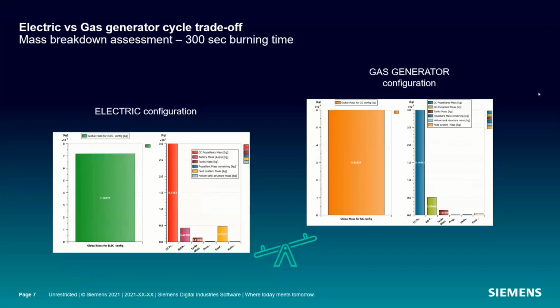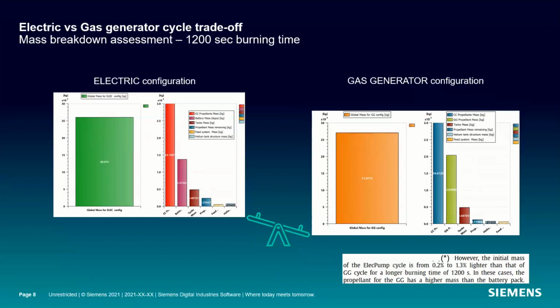The next level of analyzing for a trade-off study is you would pick another parameter, right? So maybe we did a mass breakdown assessment after 1200 seconds. We did it after 300, now we did it after 1200, and now it flipped. You'll see that the electric configuration is slightly lighter, roughly 0.7%, and that's what you see here on the bottom right-hand side, compared to the white paper, when the battery is fully discharged. That's why the 1200 seconds of burning time was there. So we're looking at that point,